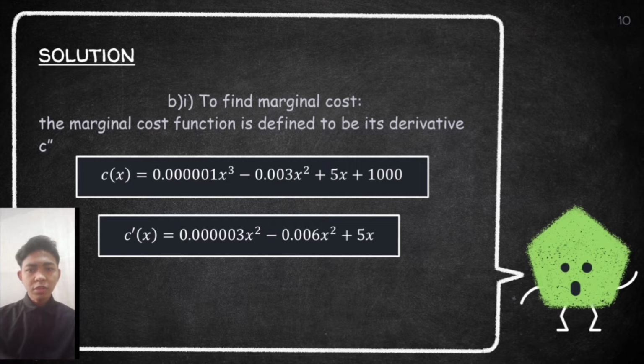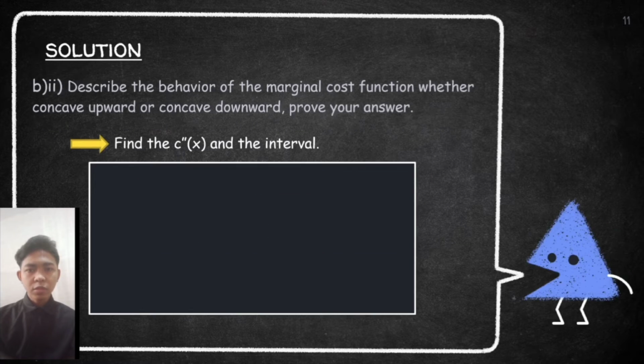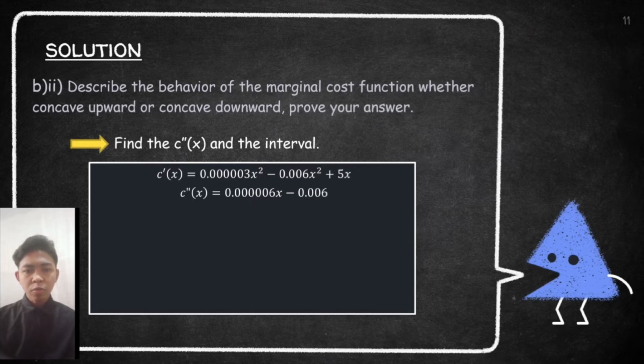So we will get the marginal cost function, which is equal to 0.00003x squared minus 0.006x plus 5. For the next question, we need to describe the behavior of the marginal cost function, whether it's concave upward or downward. For the first step, we need to find the second derivative of the function, and we will get